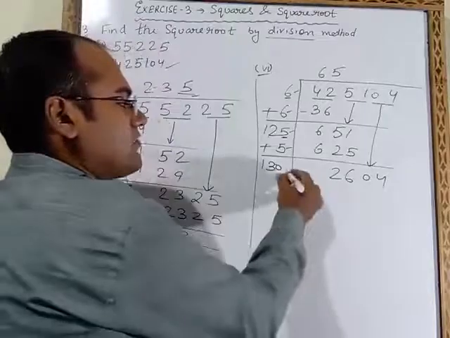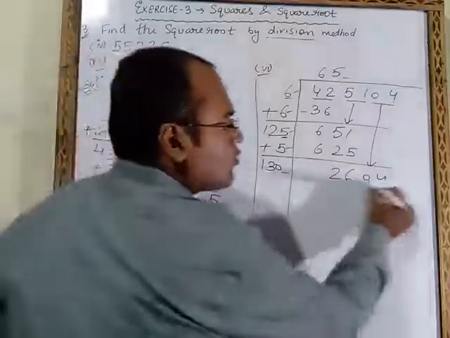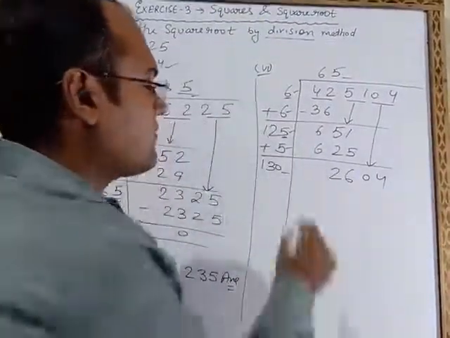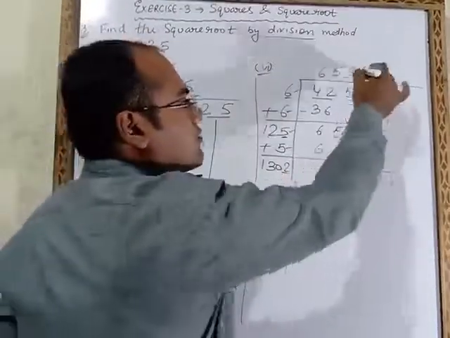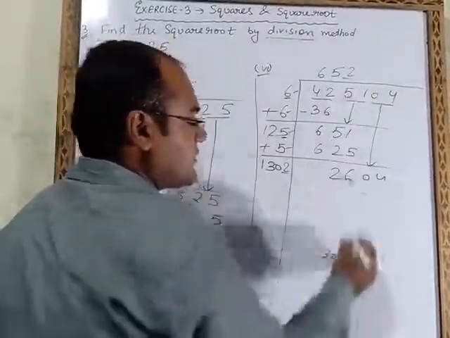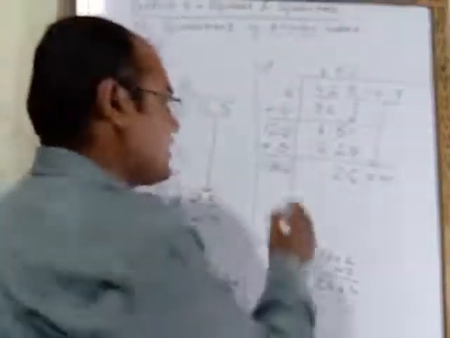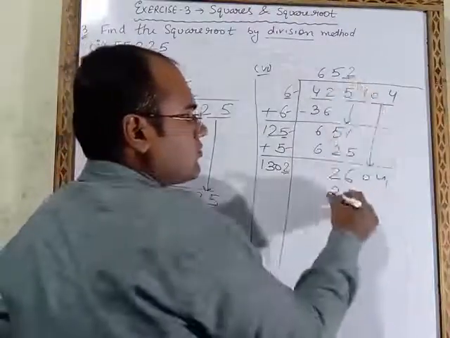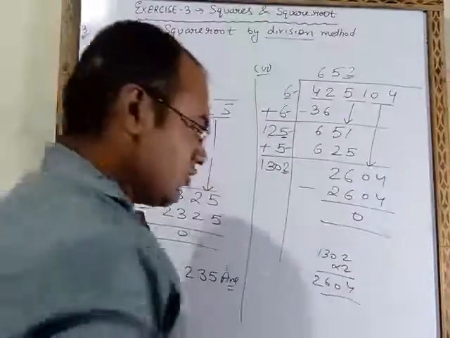Now one number we have to take here also, and that same number we have to write there also. In order to make 2604, what you have to do? You have to take here 2. If we take here 2, then there also we have to take 2. So this will become 1302 multiplied with this 2. Answer will be 2604. That means this 2 is correct. So 1302 into 2 will be 2604, and on subtracting we will get remainder 0.